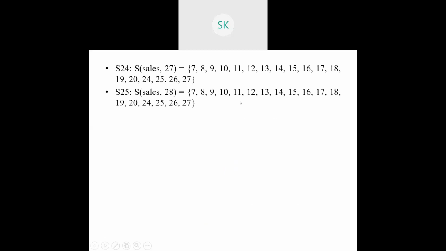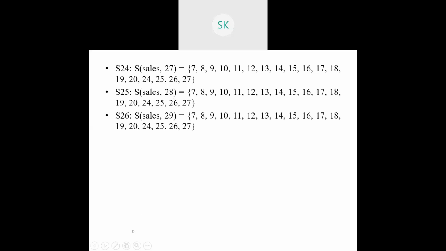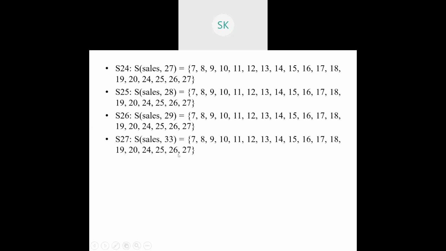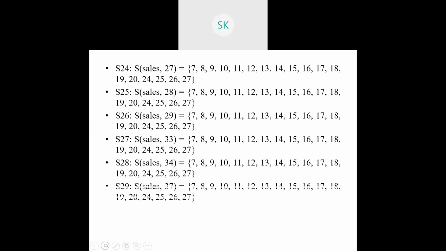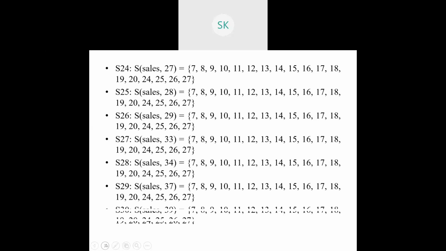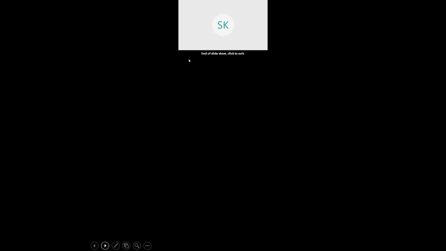With respect to 28 also the same thing. The next one is with respect to 29, same thing. It's a predicate. 33 with respect to that. So else part is there, right? So in that particular case, 27th node will be included. Same thing will be repeated. There's no change in that. Why? Because either it will be used as some usages which are of no major contribution given for it. So based on that, till that particular thing only, you'll be just trying. That's all with respect to your slice-based testing.